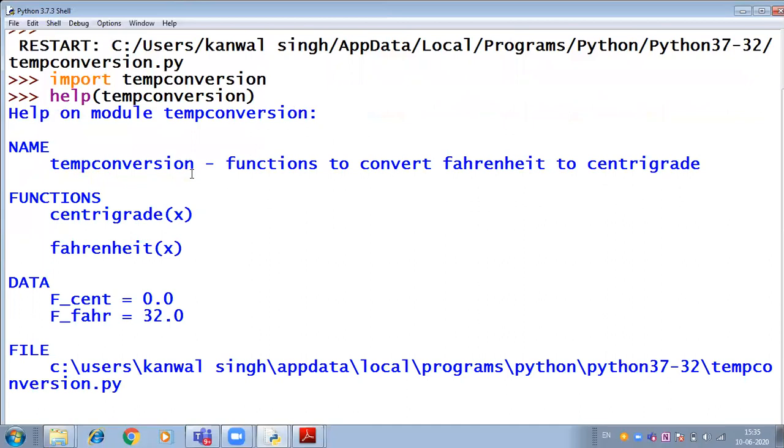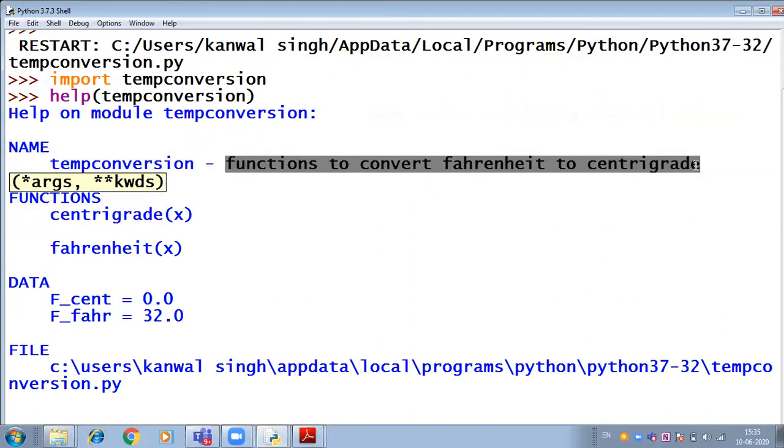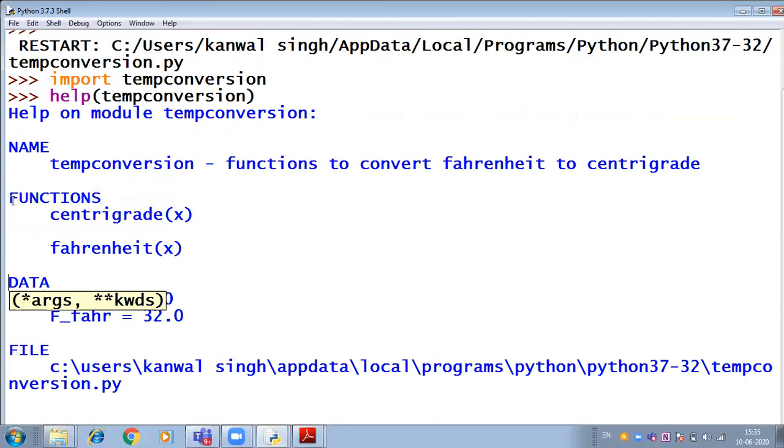Here you see on your screen, the name is temp conversion. It contains functions to convert Fahrenheit to Celsius. So remember, this statement is part of the triple quotation marks, that is the docstring. Then you will find two functions.